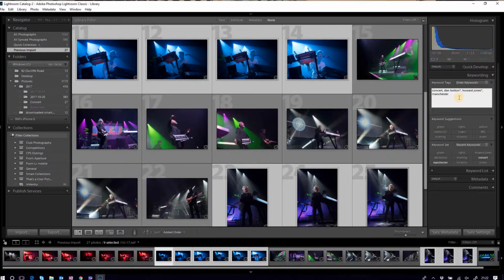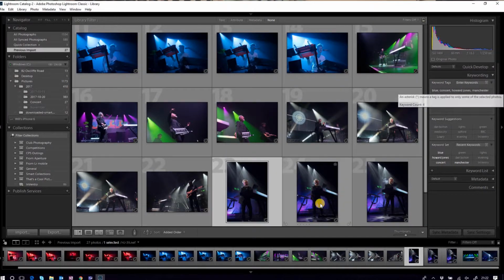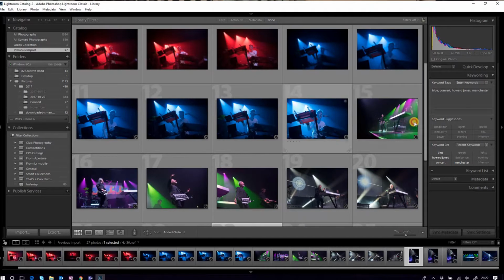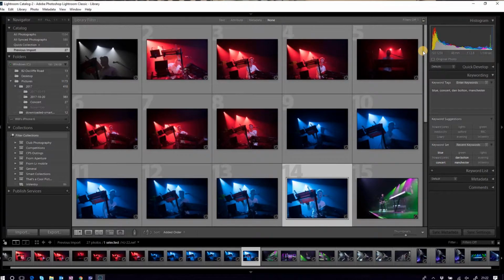I can click onto the right. I can do a comma, and then I can put in blue. And there we saw, of course, now we'll click on the Howard there, and we've got blue. Same for these images here, we have blue. Now the beauty about these keywords, as I was saying earlier, is the ability to search